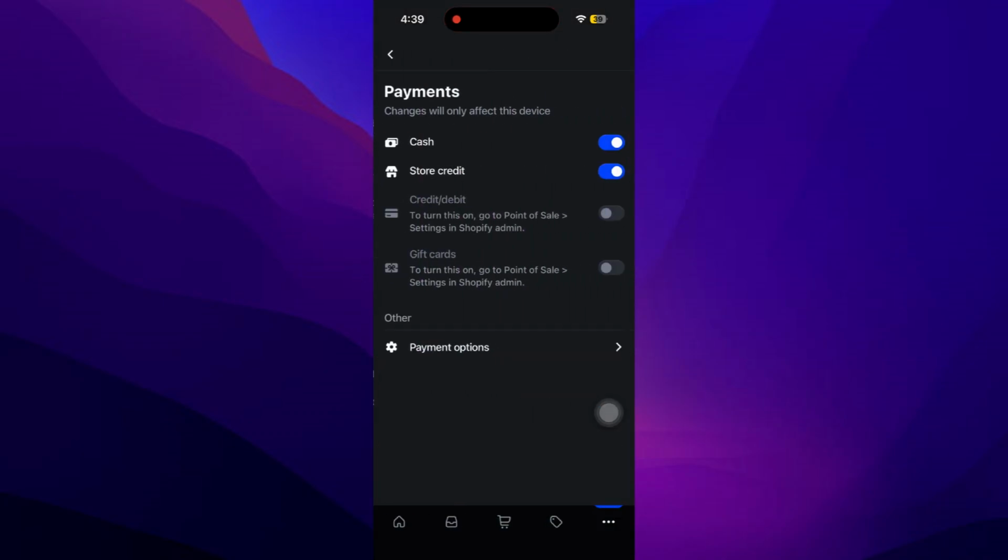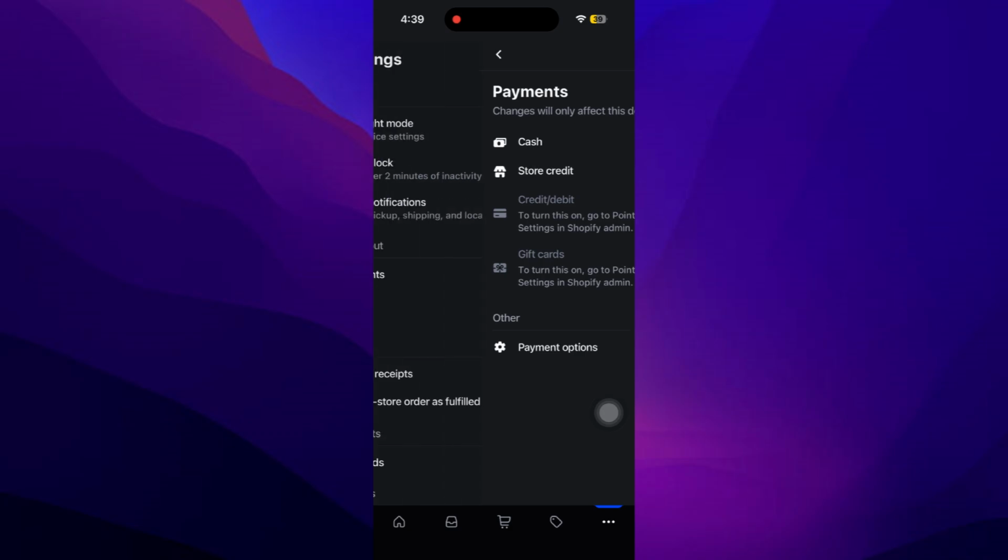You'll see different payment options available. For this test, we're going to use cash payments, so make sure the option to accept cash payments is enabled before moving forward. Next, once cash is enabled as a payment method, we need to start a new cash tracking